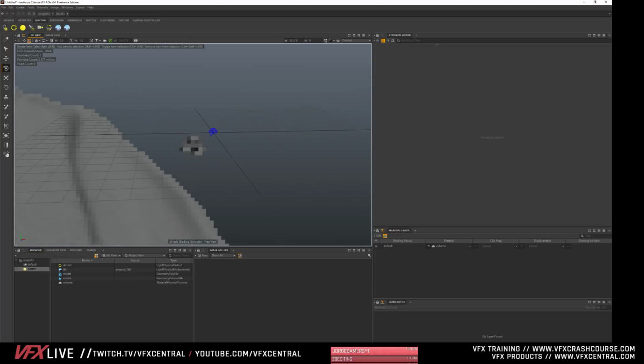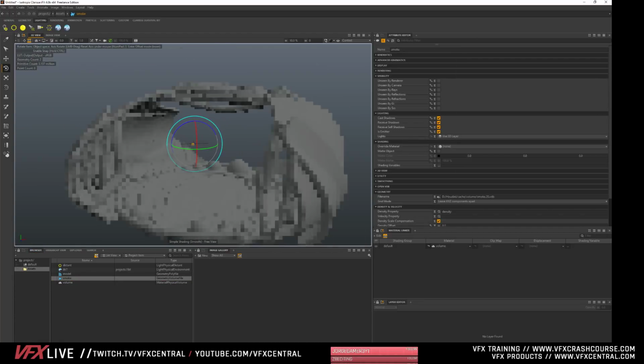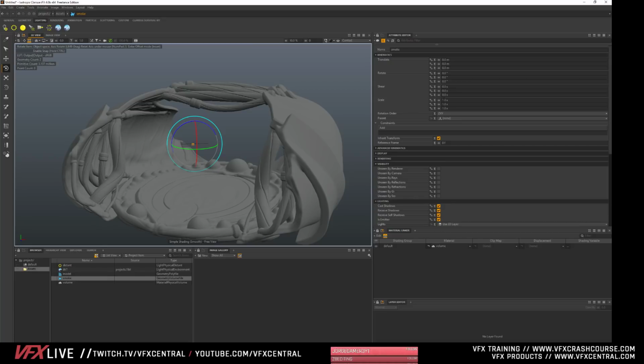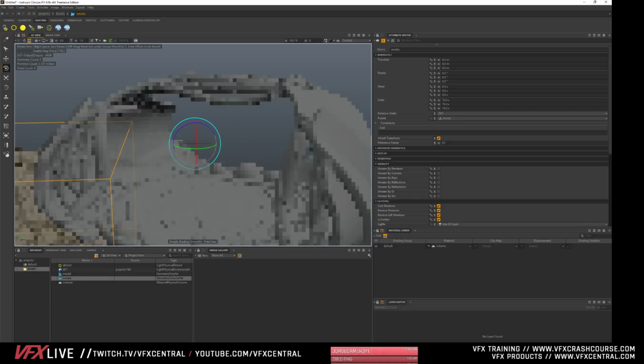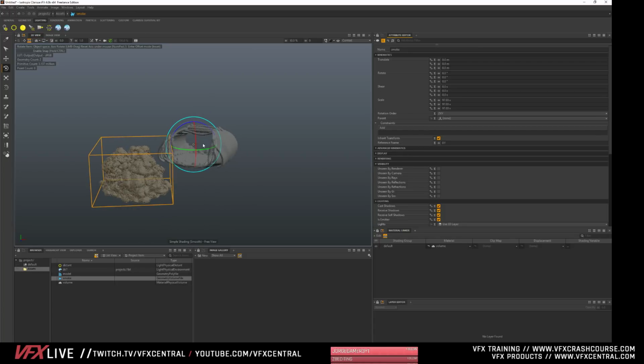Now let's see if we can scatter this guy. It's really small, so I may scale this up to be about the same size. So we're going to go in here. And it looks like when I exported this VDB, it wasn't quite centered. It looks like this center axis is off, so I'll have to keep that in mind. That means when I exported the VDB out, it wasn't centered. So make sure when you're creating assets, they're zeroed out.